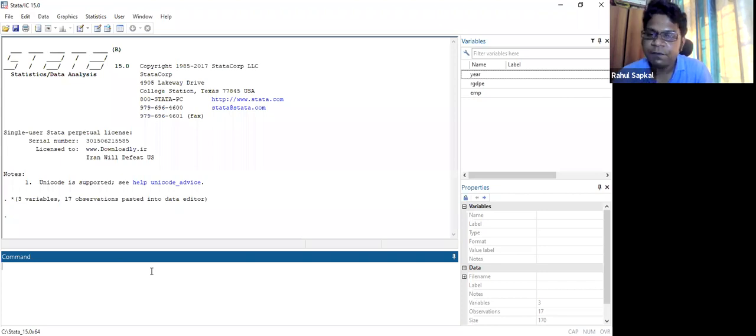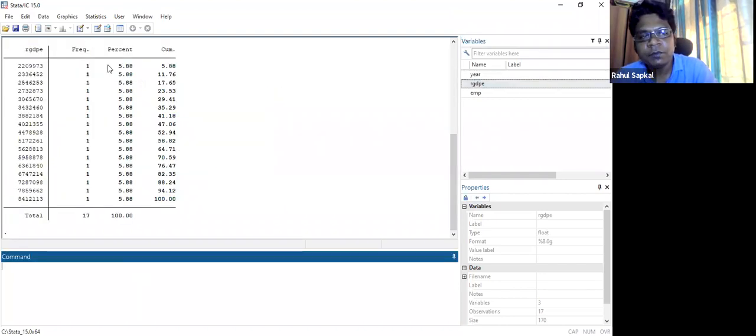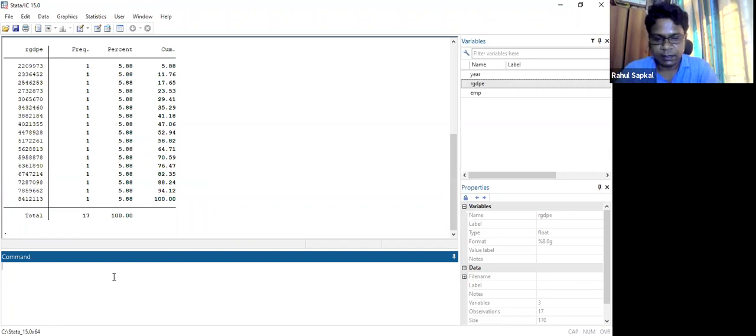So for instance, if I want to do the same exercise, like we did the frequency in tabular form, we just tab, we don't go to pivot chart, we just give a tab command over here, and it will show me how many frequencies are there, percentage and cumulative. So you don't have to cut, copy, paste multiple files and then calculate that. It will simply show me how much is the percentages and also the cumulative frequency.